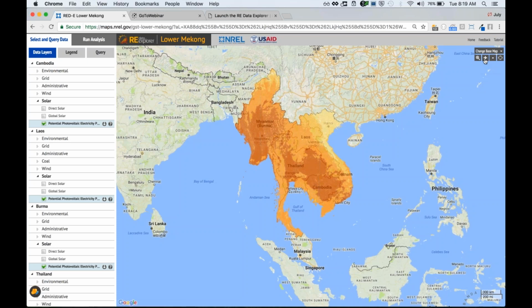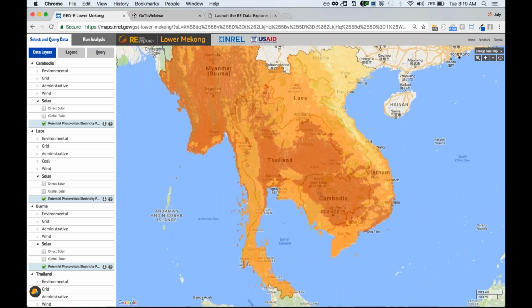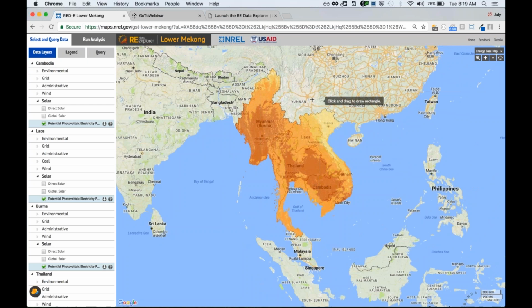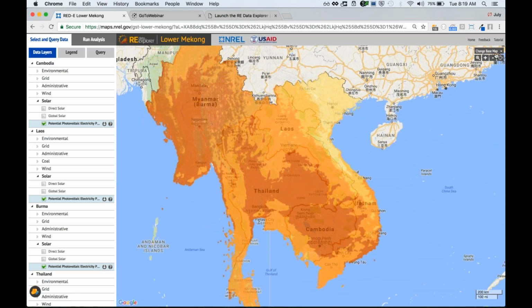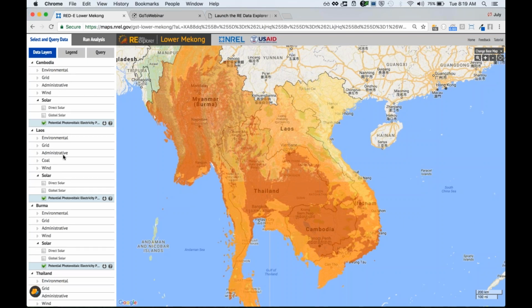I can also use these map controls to zoom in and out. I can use the zoom to extent tool to draw a box and zoom to that box. And I can use the zoom to location tool in the far right to type in a location and be zoomed there as well. In the layer tree, I see a lot of different categorizations for data,